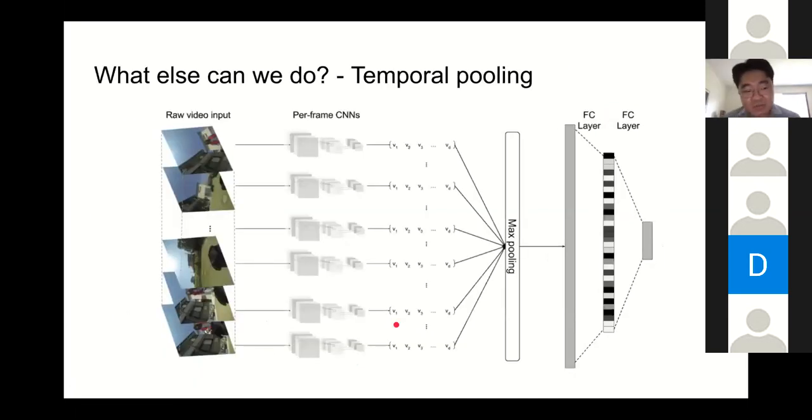Is there anything else we can do? It might probably be impossible to stack like 300 or 500 layers. So what should we do instead? An easy approach has been just to use temporal pooling. So we apply per-frame or per-small-segment, like 64 frame, CNNs over time. And then we try to aggregate them by doing the temporal pooling, and then apply a classifier on top of it. This actually worked quite well, handling even thousands of frames. However, of course, because we are doing the max pooling, we are losing fine-grained information.